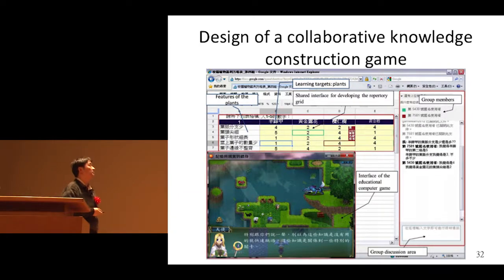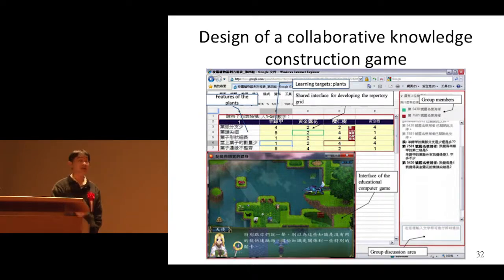Also, this is another game. In this game, we let students play the game, and then we have discussion forums. When they play the game, they need to collect information into this table. And we try to investigate whether the use of this table would affect student learning performance, and also their discussion behavior,